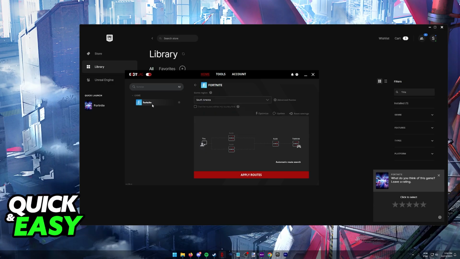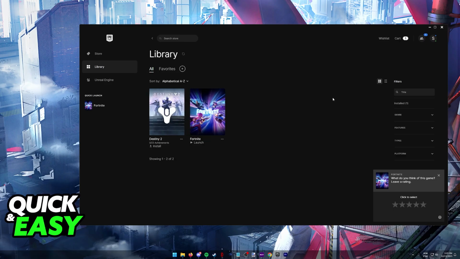In here, you can select Fortnite from the list of many games that they have, and what this will do is route your connection to the Fortnite servers more efficiently. That way, if your internet service provider has a weak route or weak connection to the Fortnite servers, ExitLag will fix that issue and you will stop getting disconnected when trying to play any game or any mode inside of